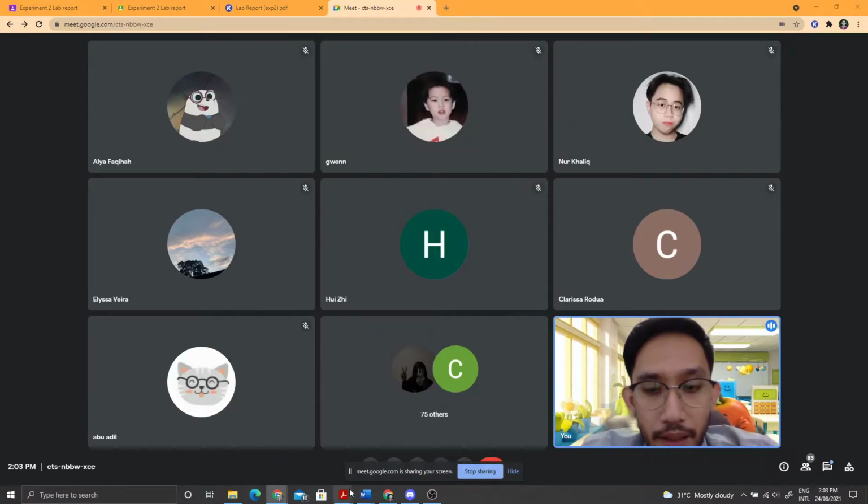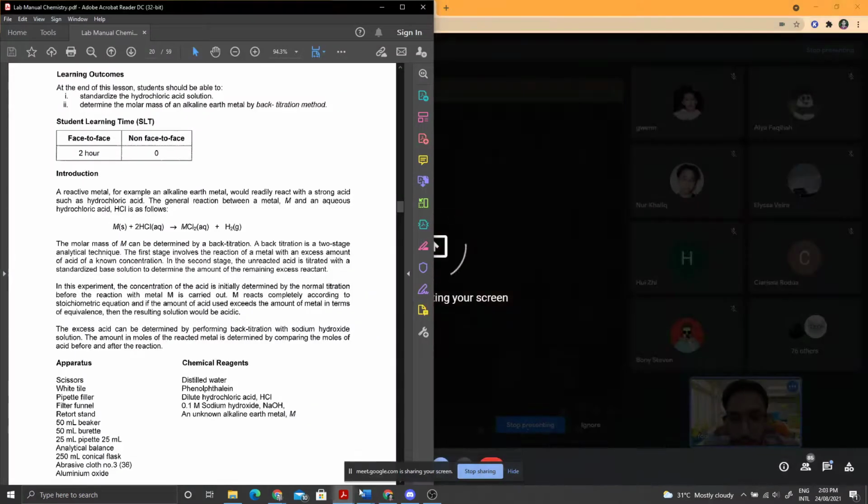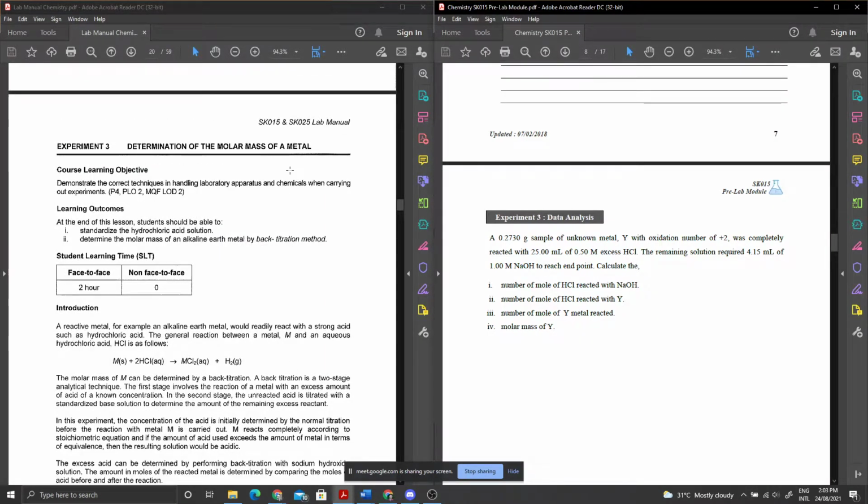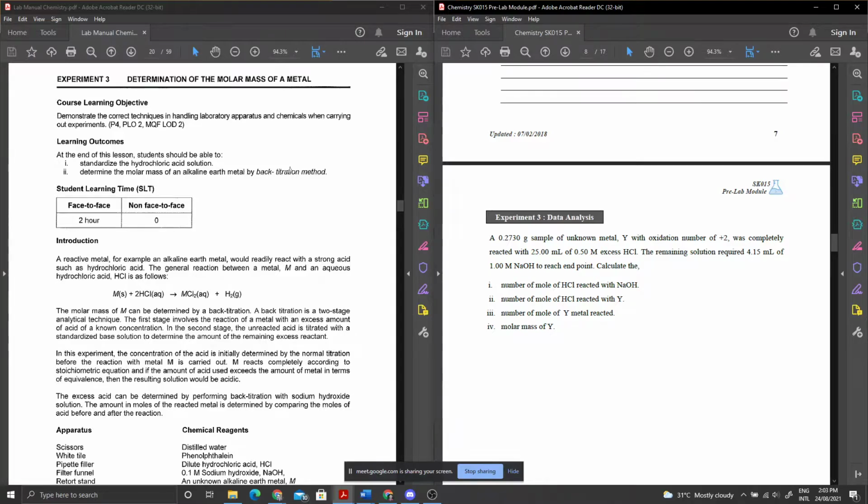the lab manual and pre-labs. So we have here. So I think you guys will be able to see this. So what we are doing now is we are determining the molar mass of a metal. So we use the back titration method. General idea here is